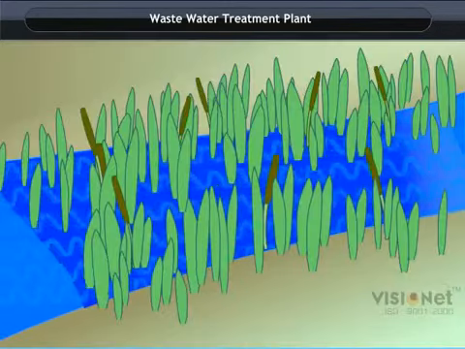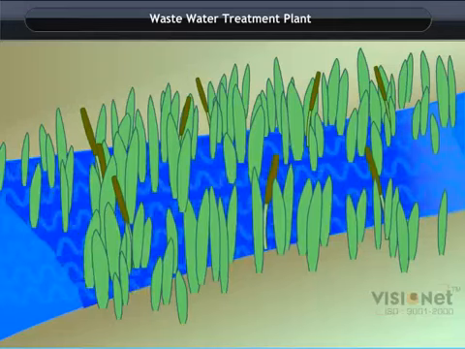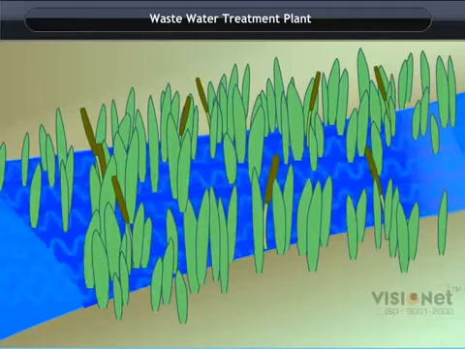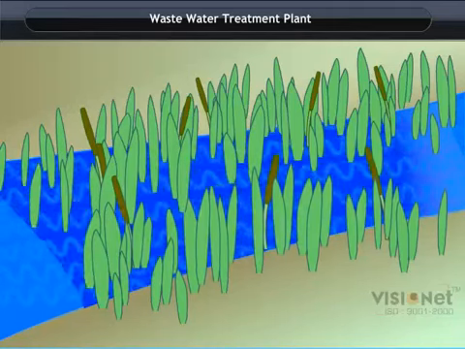The water treated through this process contains low organic material. It is therefore discharged into the sea or